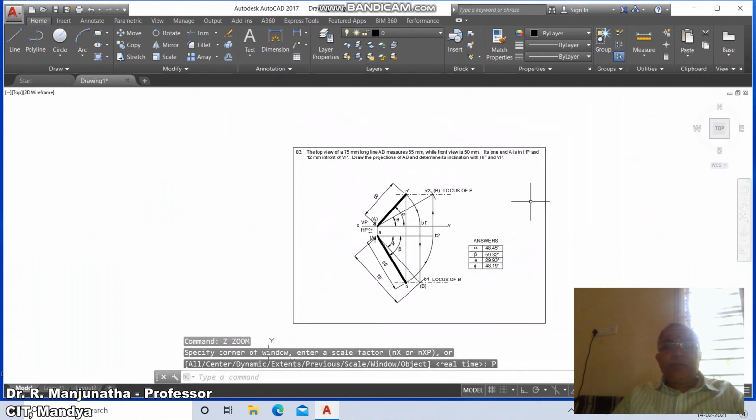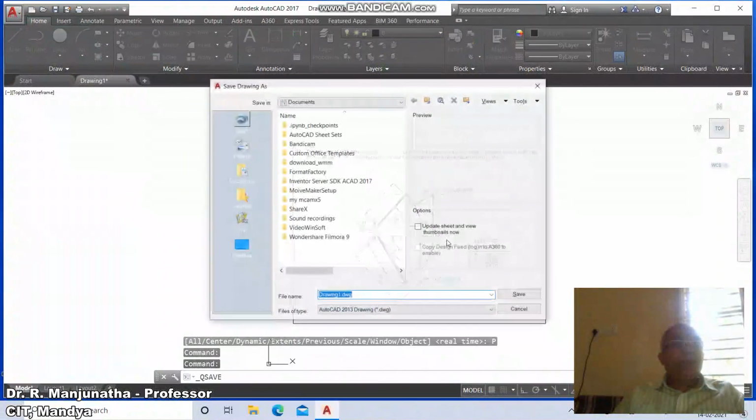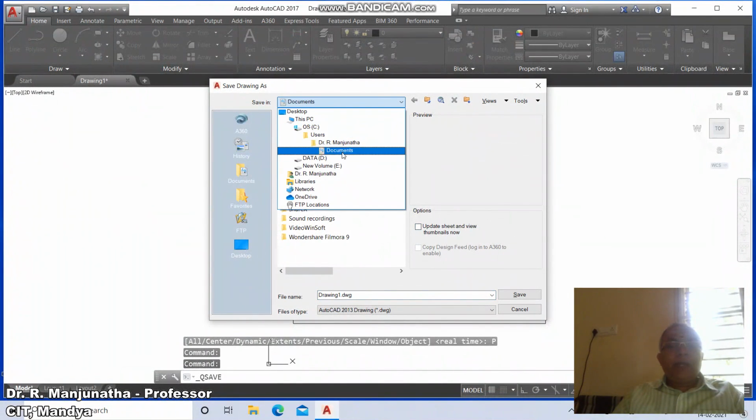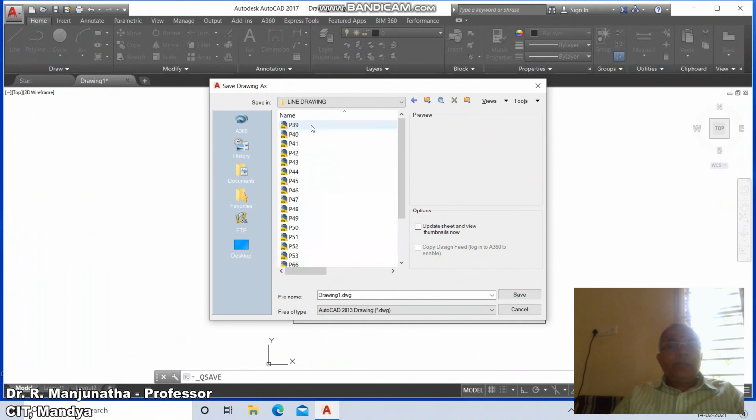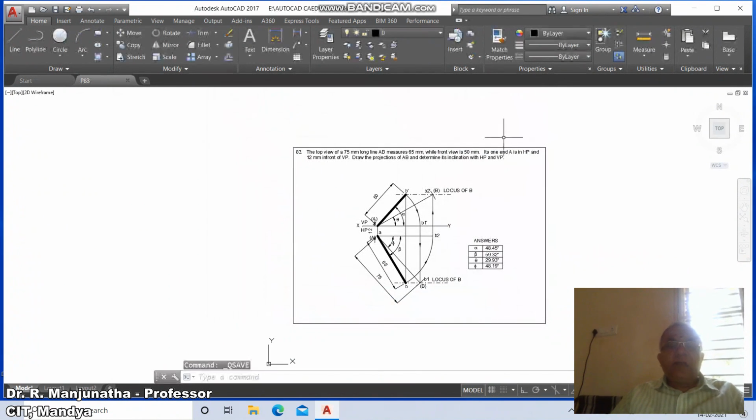Then go to zoom previous and then just go to the save and go to the appropriate directory and type P83 and save it. And finally you just come out of your